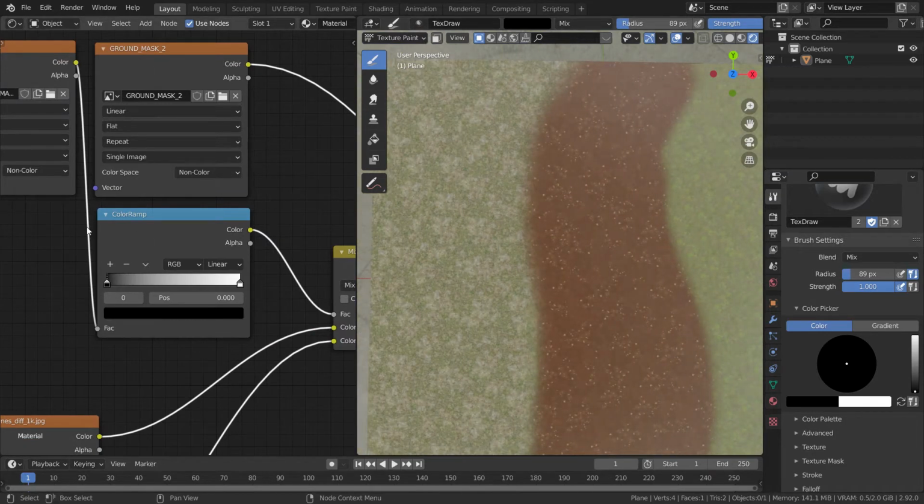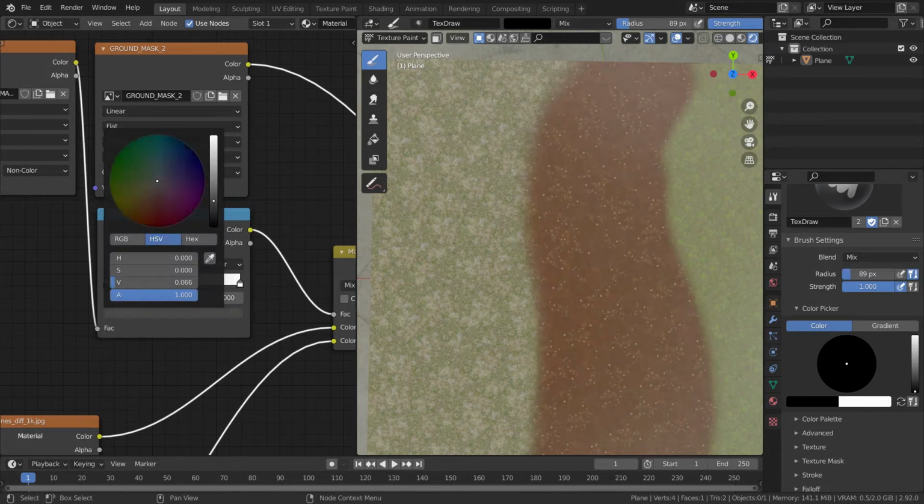If you are good with the math node, then you can do anything you want with those values. You can also change this to grayish to decrease its effect. Okay, so I think that's good enough. If you decrease this value, the dirt will be able to cover most of the area.